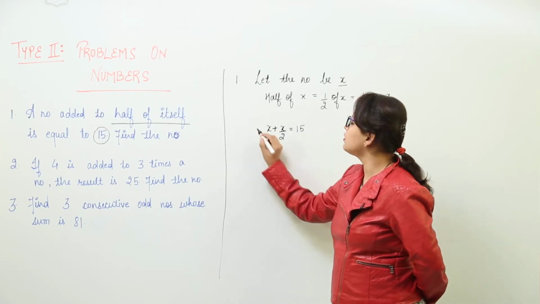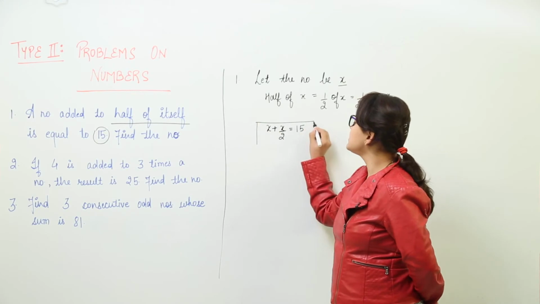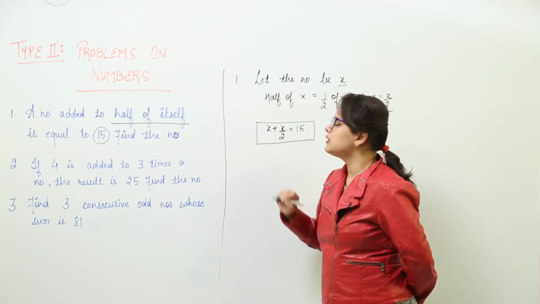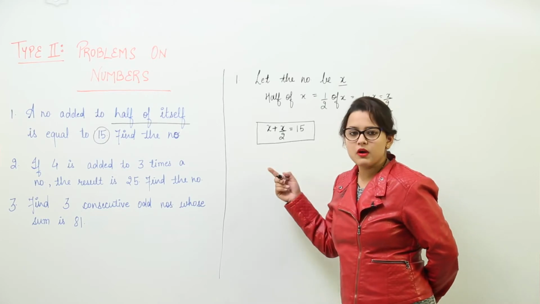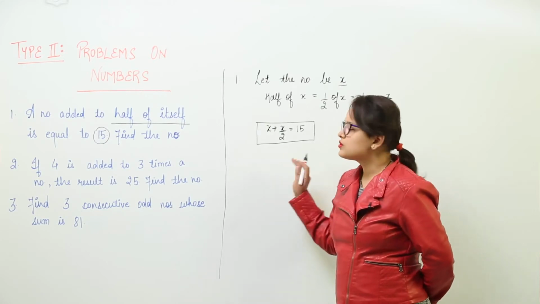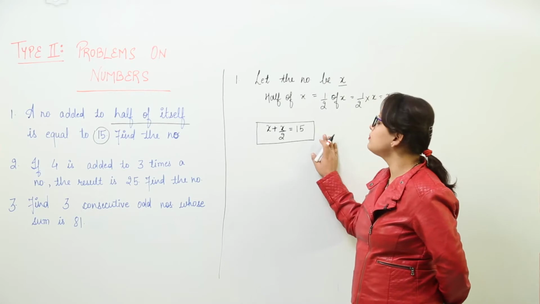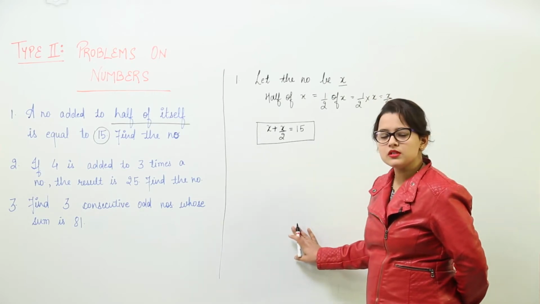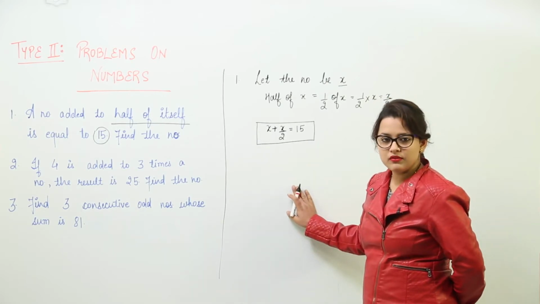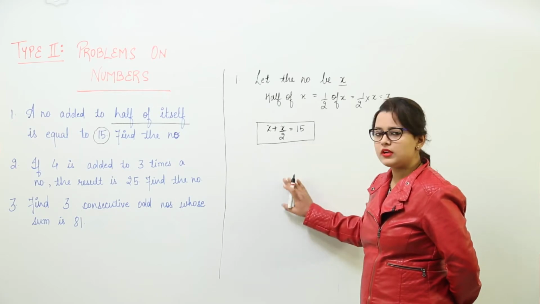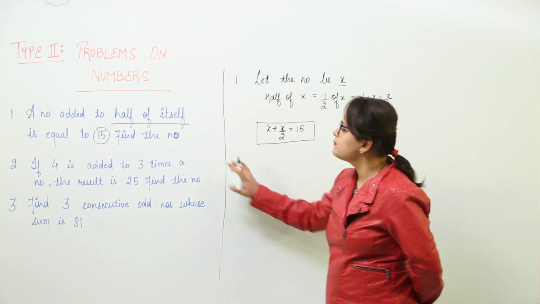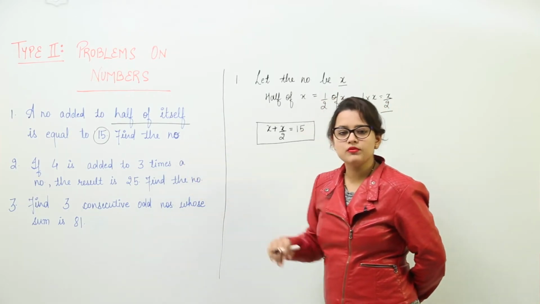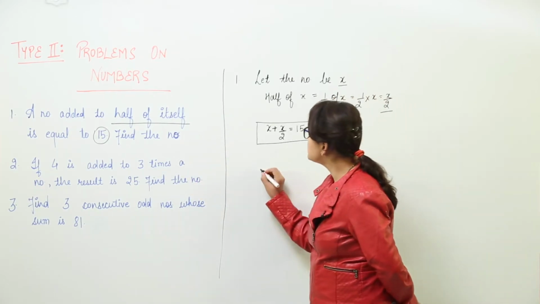Now we have to solve this linear equation. Why is it linear equation? Because here the variable x is having the highest power, or the only power in this case 1. So here this is my linear equation form. We have to solve this linear equation by applying the rules that we have learned, and we will find the value for x. That will be the solution for this linear equation, or you can say the required answer that is to be found. So how is this to start?